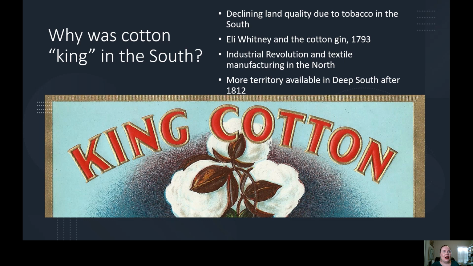Remember that Andrew Jackson signed this treaty with nations like the Creek and the Choctaw during the War of 1812, which gave access to far more land in that region. Even though it had already technically been American territory, it had been very heavily occupied by Native Americans who had been a barrier to white settlement. So now that there's this treaty where they end up ceding control of a lot of this land to the US government, this land becomes more accessible to white settlers to move farther west, farther southwest, and to establish new large plantations to grow cotton.